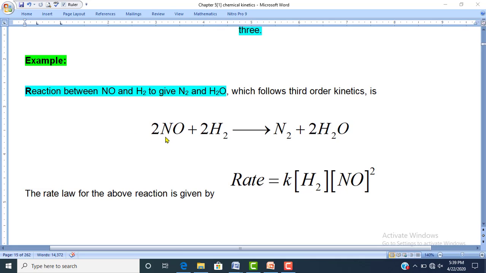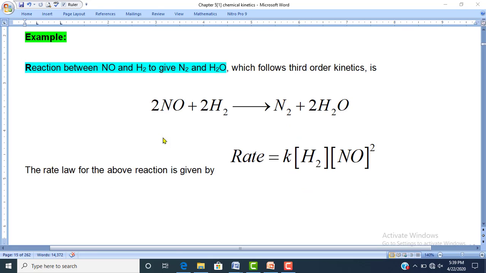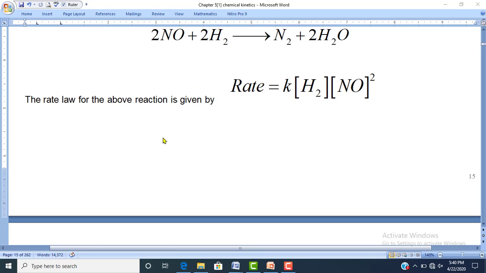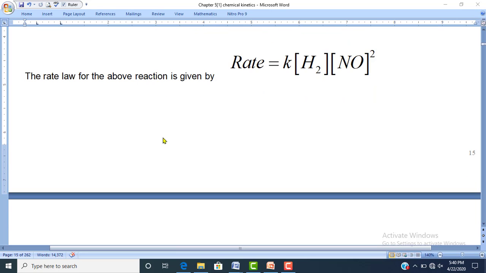is third order reaction. And the most important point to be remembered is that the maximum order of reaction that has to be found up till now is only 3. Order of reaction cannot be more than 3. Up till now, how many reactions we have studied, the order of reaction has gone maximum up to 3.